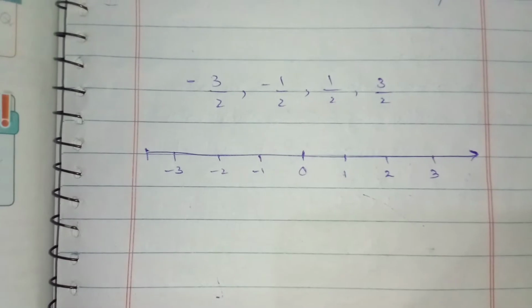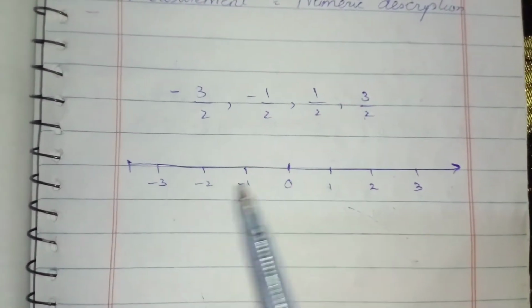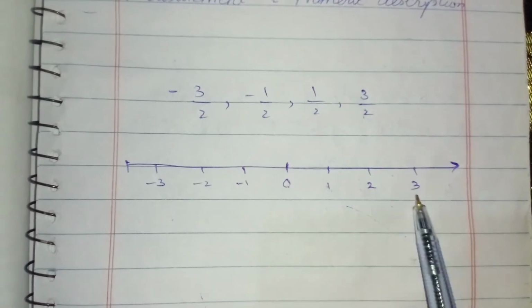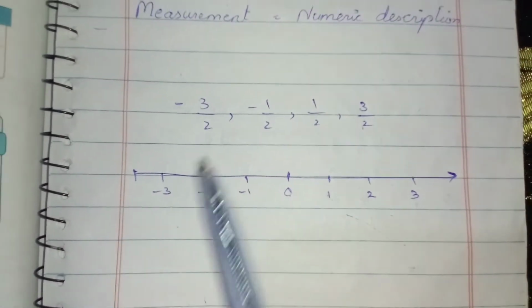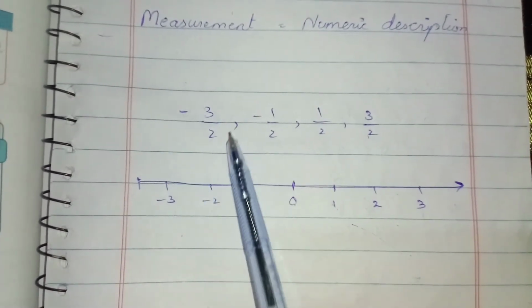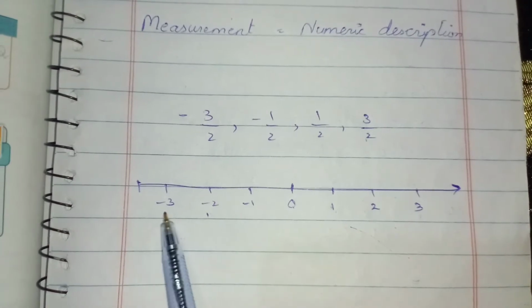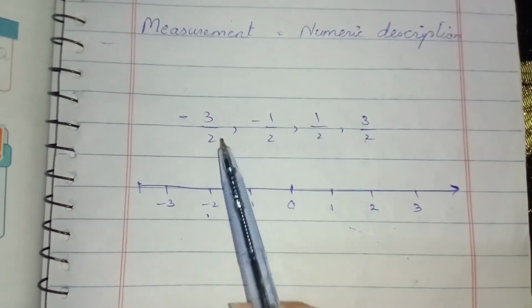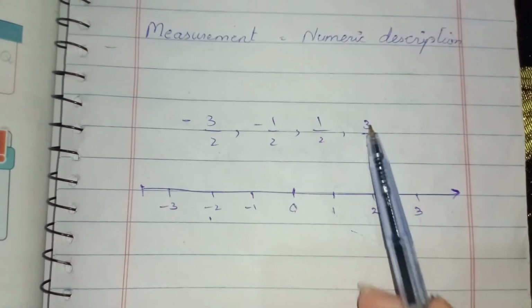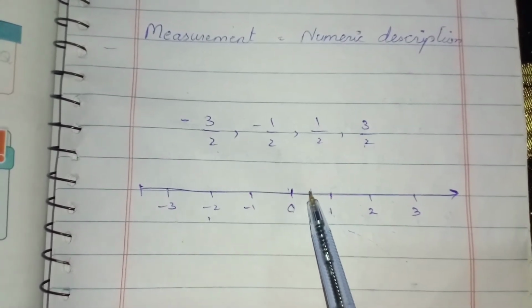Okay students, now we have to draw the number line of these numbers. So first of all 0, 1, 2, 3 and so on, and -1, -2, -3 and so on. Now we have to put -3/2 on a number line. Minus means the number is on the left-hand side. So -3/2. All the parts are over 2, over 2, over 2 and over 2. So we have to divide each segment into two equal parts like this.